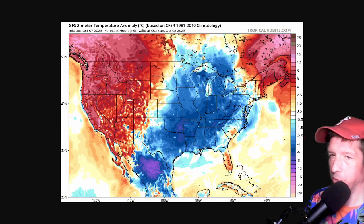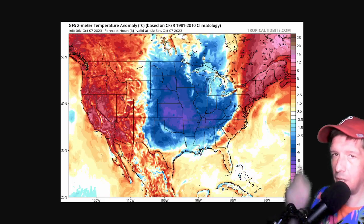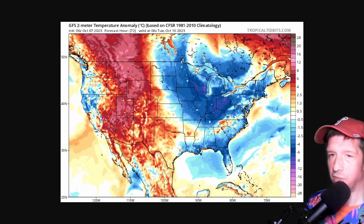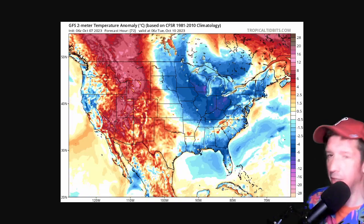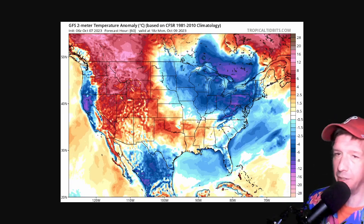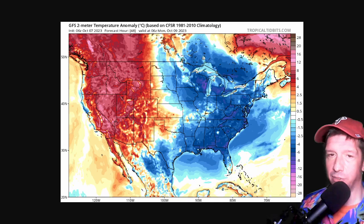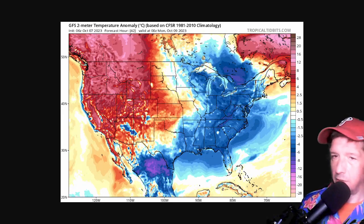Here is your temperature anomaly forecast in degrees Celsius for the next 72 hours, also based on the GFS model. And we just had cold air blow into Pennsylvania just now. It was hot and humid half an hour ago, and now I feel a chilly, chilly air blowing in. So we're going to get a sudden rain squall here also. Anyway,